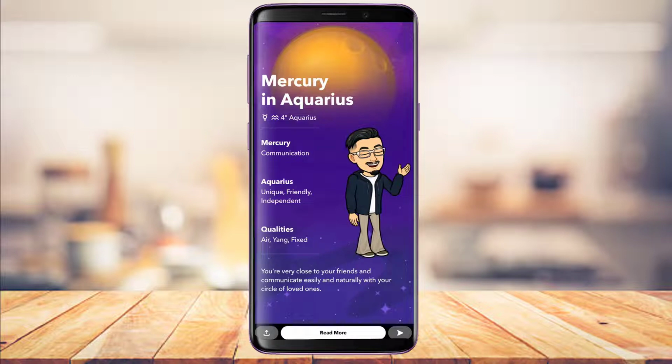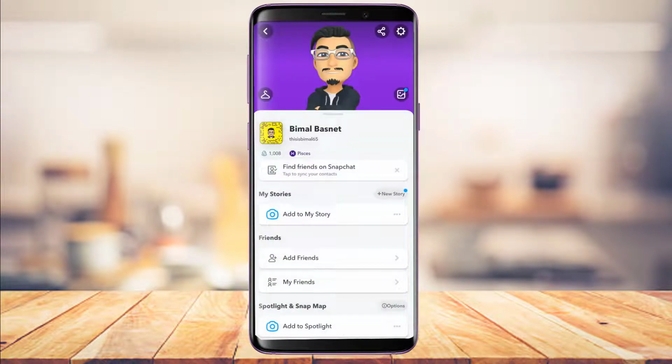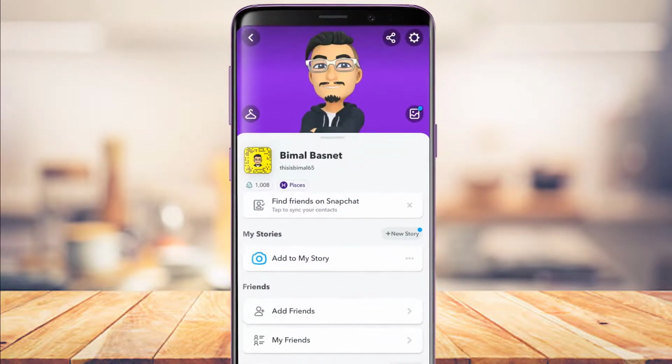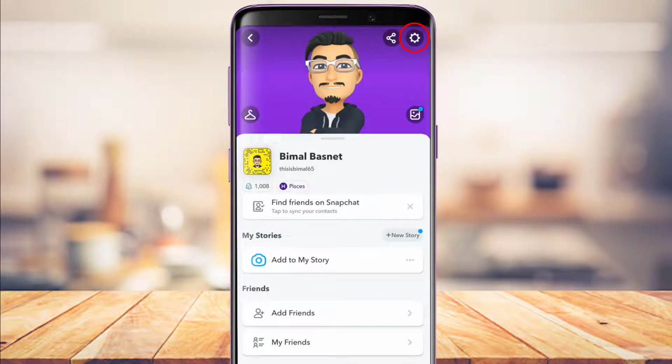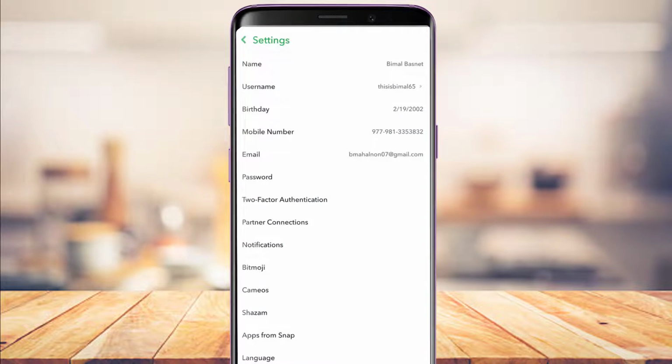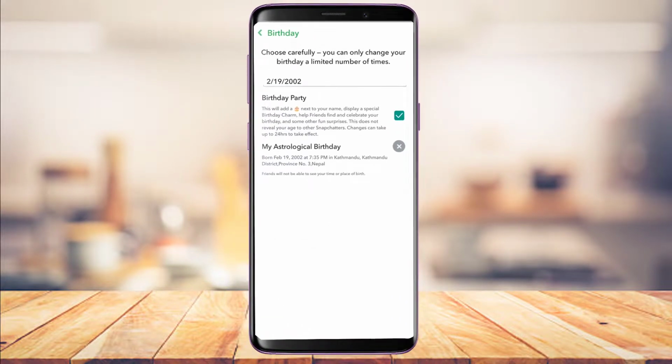If you wanted to change your astrological or zodiac sign, you would have to change your birthday. So we are going to learn how to change our birthday. In order to do that, on the top right hand side of the screen, you would be able to see the settings or this gear icon. You can tap on this gear icon right over here, and at the third option under the username tab, you would be able to find an option which says birthday. So you can tap on birthday, and then you can simply change your birthday to a date to which the